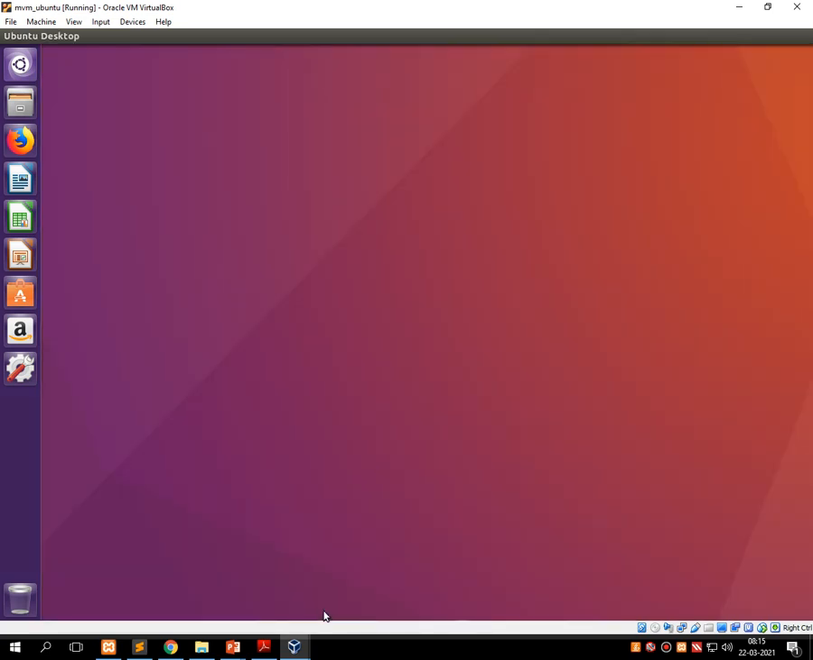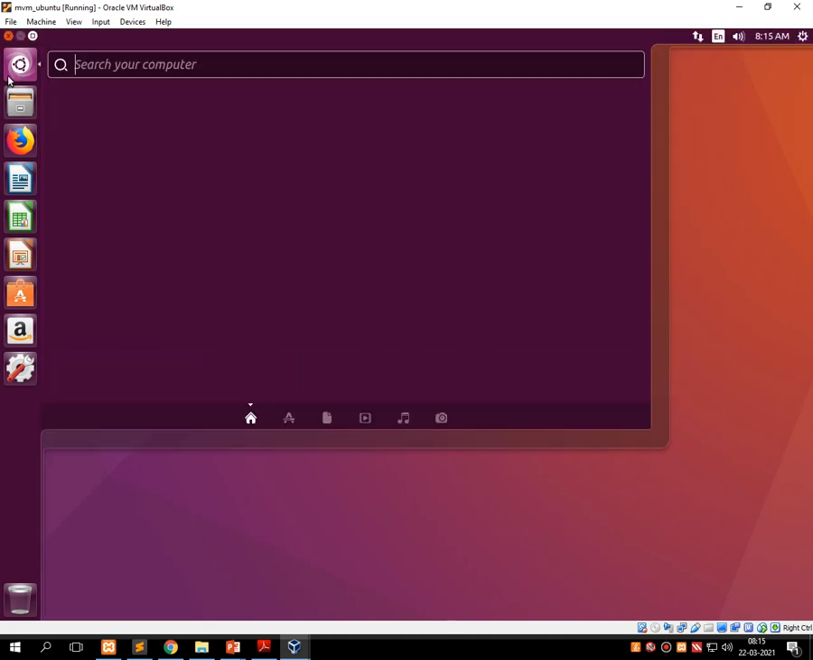Now as you can see on the screen, the desktop of Ubuntu is successfully loaded. Now we can go ahead and test the various types of shell commands. For that, once this entire desktop screen is successfully loaded, just click on the search icon and type